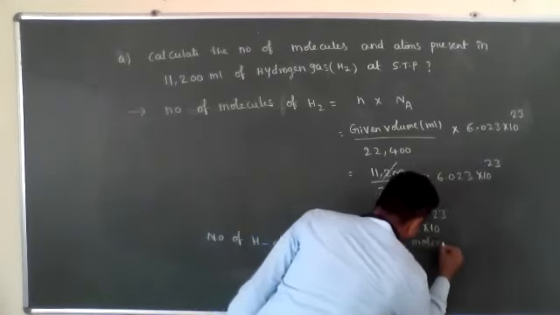These are the two hydrogen molecules, H2 and H2. At this end a hydrogen atom is present, and at that end a hydrogen atom is present, and likewise in the other molecule. Now these two H2 molecules are equal to how many atoms? 4 hydrogen atoms are present. Clear? So you have 3 × 10^23 H2 molecules present, which is equal to how many? Need to multiply it by 2.